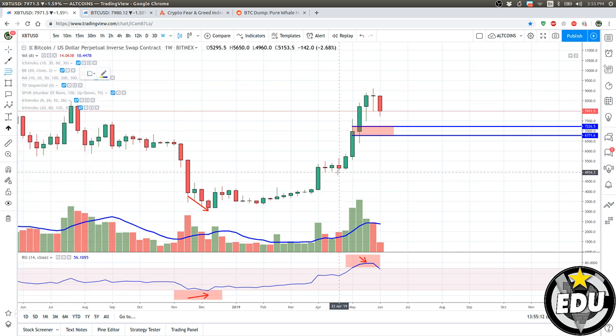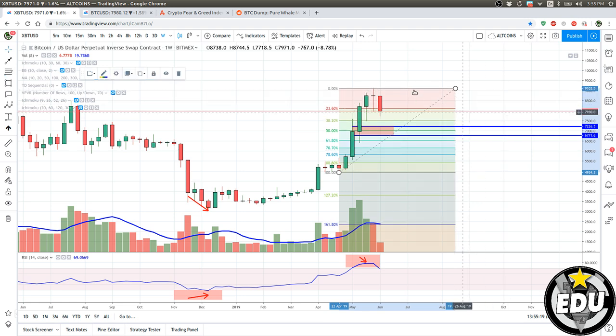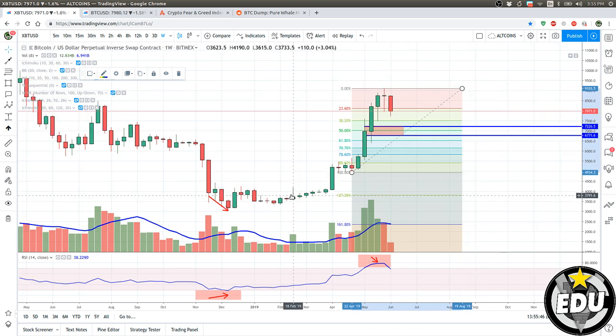Let's put a Fibonacci level from where the wave starts up to our point, and our range will be 50%. So if this retraces, that would be a 50% retracement. Amazing, I hope it retraces 50%, because that could be good. I mean, it doesn't mean Bitcoin will go to 1K. A 50% retracement will be amazing for the bullishness of it. It just retraces and then goes up again. I mean, I hope so.